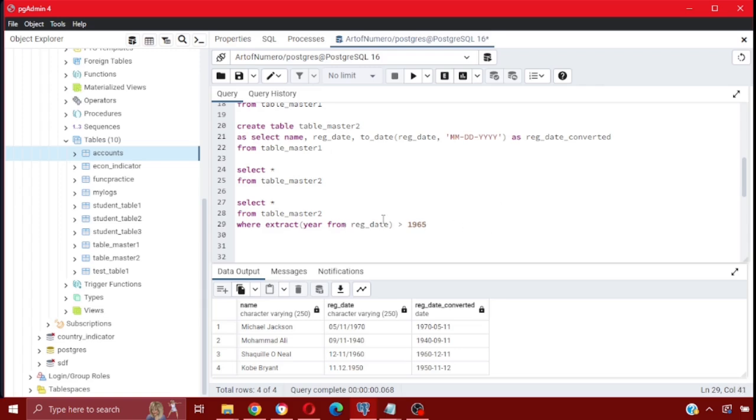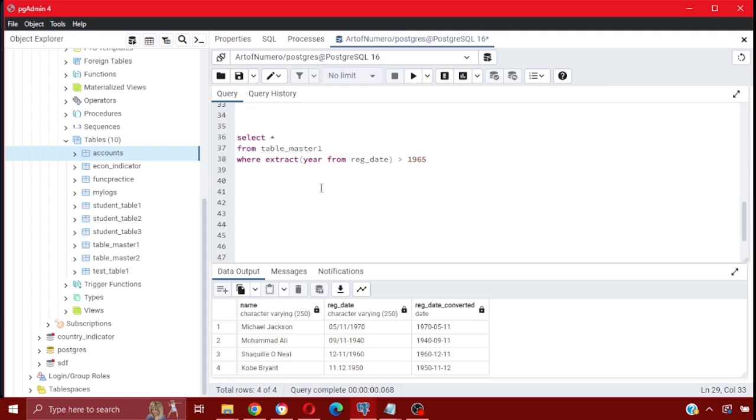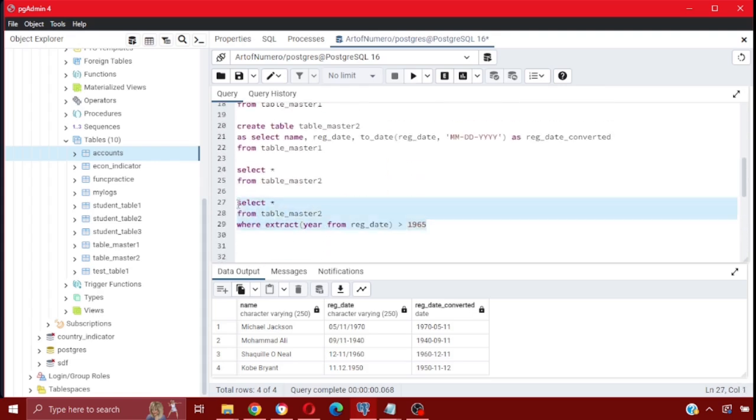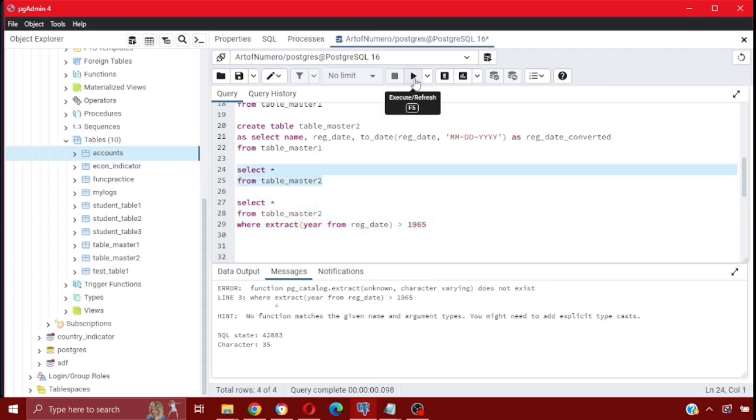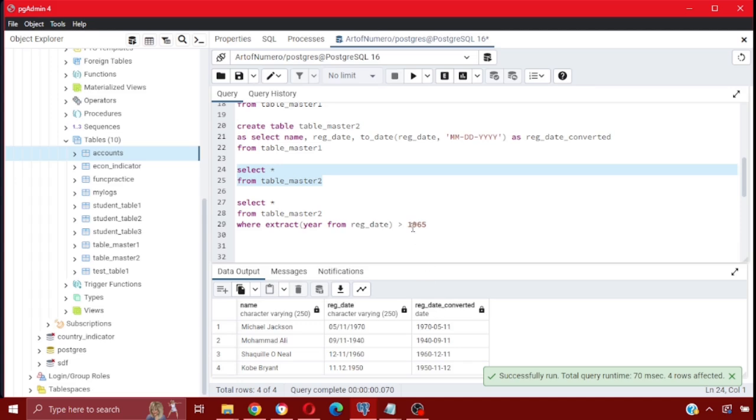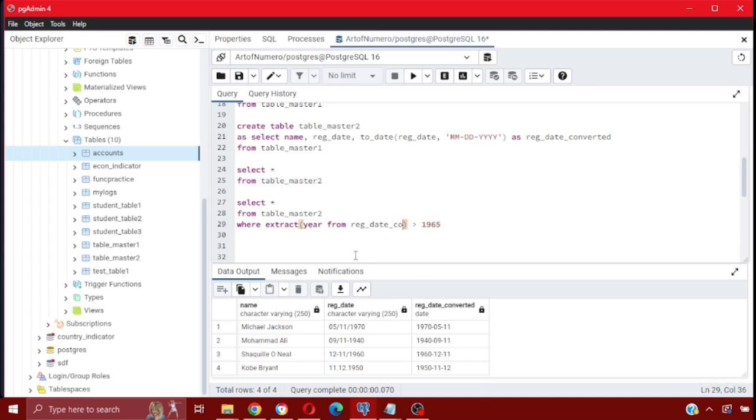Oh, I forgot, it has to be reg date converted, because otherwise it's not going to work. If I do it on this column, just like I did before, it's going to fail. We need the data type cast, it's saying. But if I do it on the converted date column, which is this one,